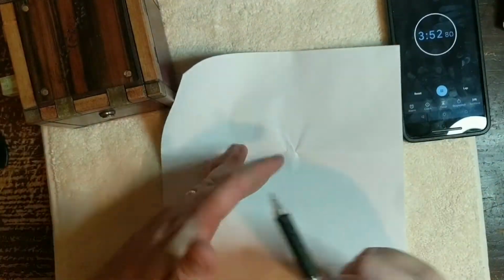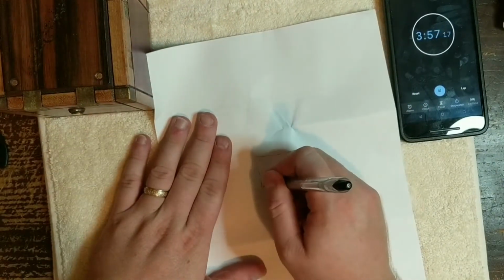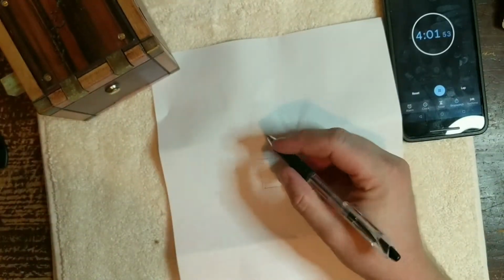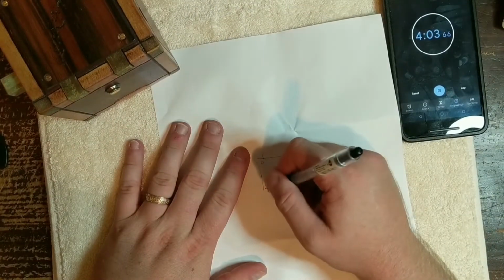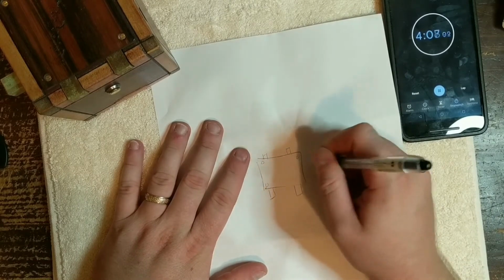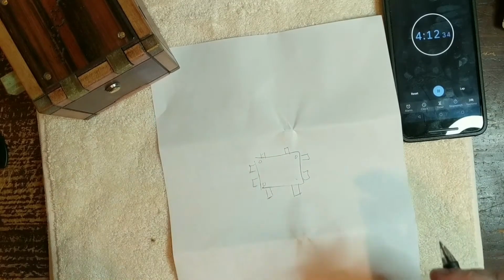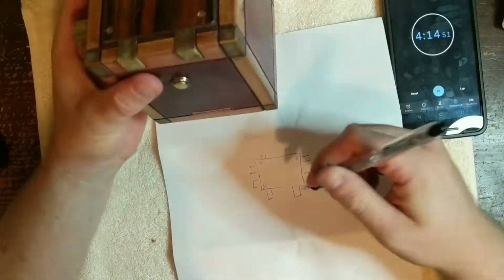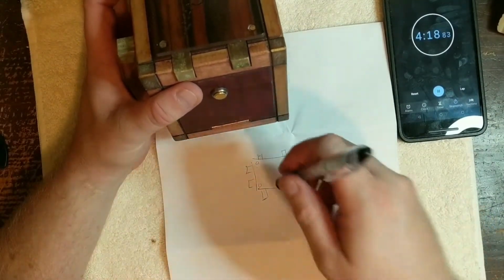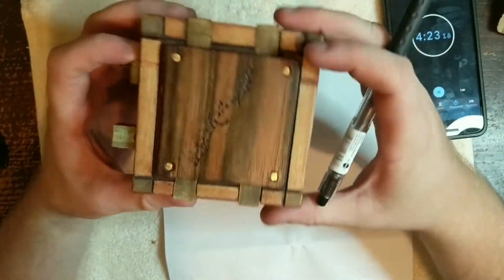So what I think is happening, we've got the square in the middle that has the 4. That's this piece. And then we've got a slider here, slider here, one here, and one here. And there's some sort of maze with these pegs that I have to work their way out. And